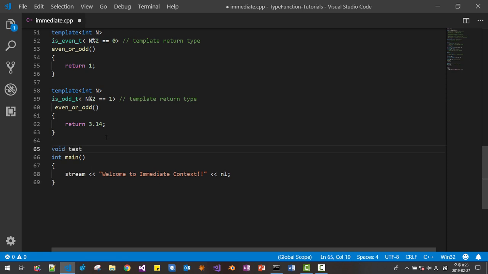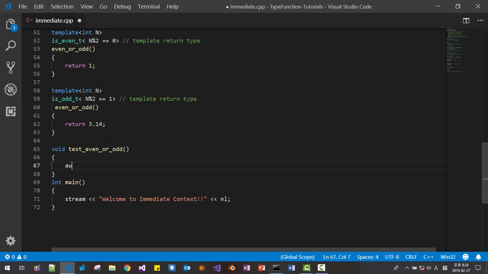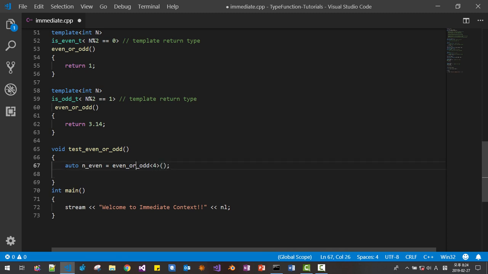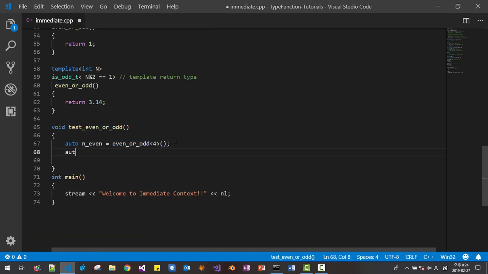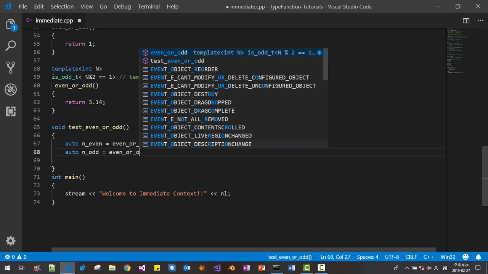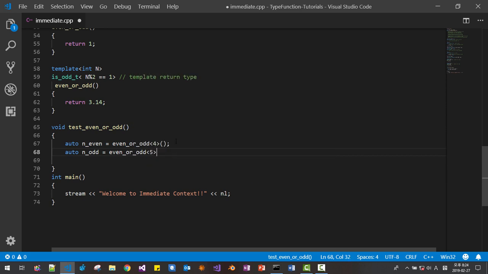Now let's test. Void test, even or odd. We are calling this function. These two functions are overloaded: even or odd 4, even or odd 5.